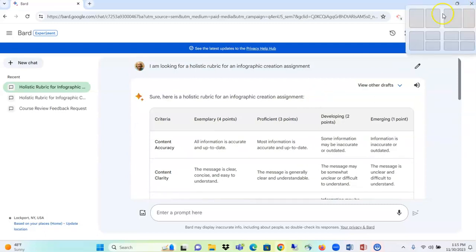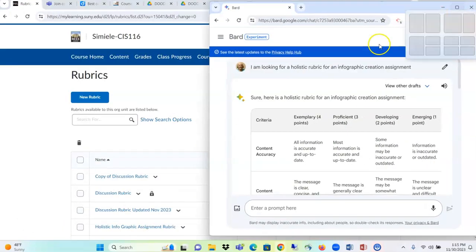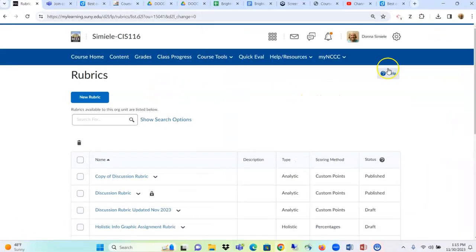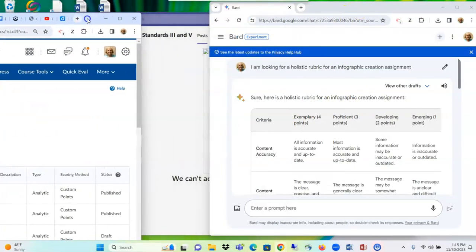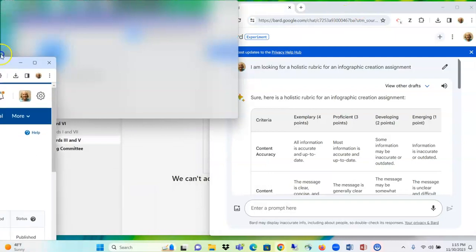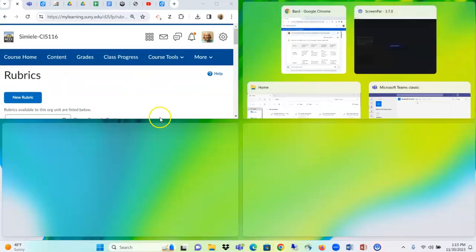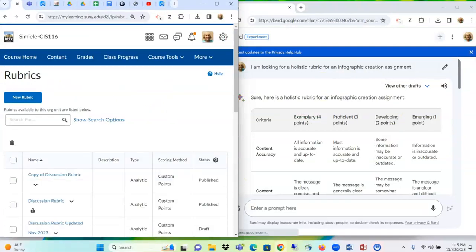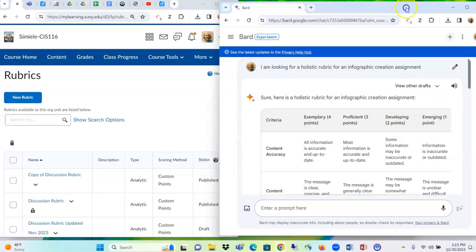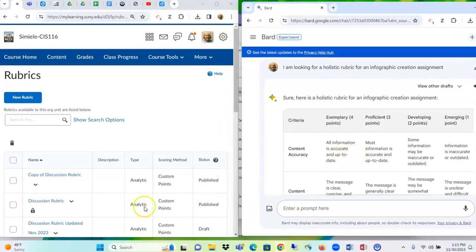So I'm going to put this on half the screen here. All right, and I'm going to go over to my rubric over here, and I'm going to put this on half the screen. This way I can go back and forth and play around with it a little bit, and I can use this to just copy and paste from. So if I come over to the rubric area and hit new rubric,